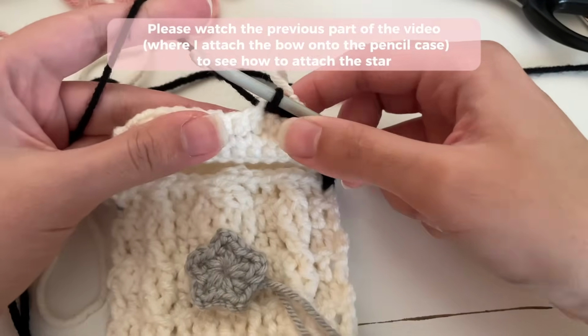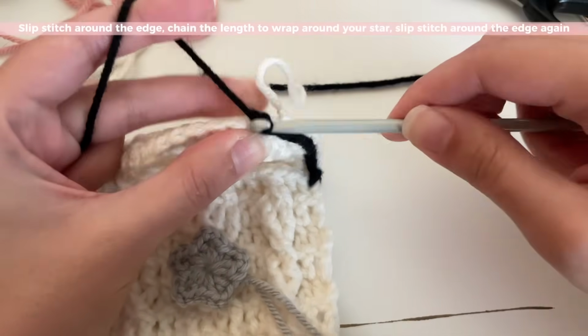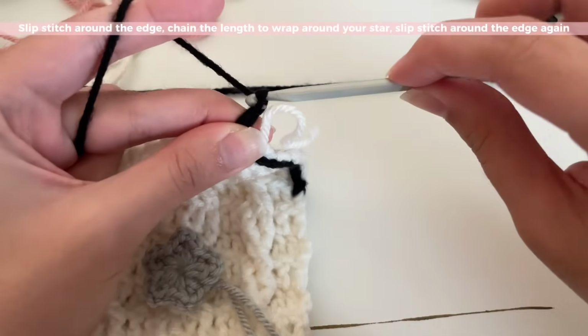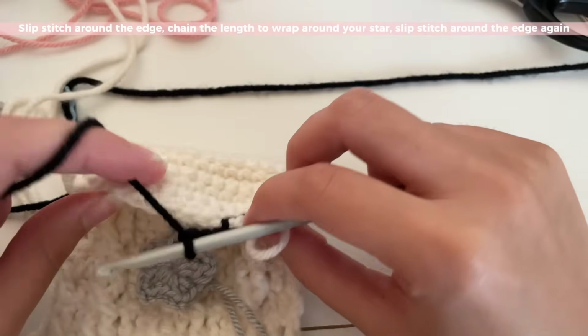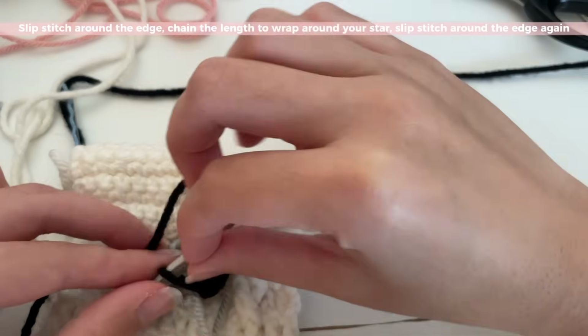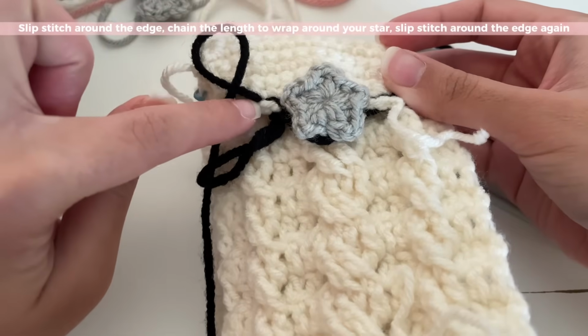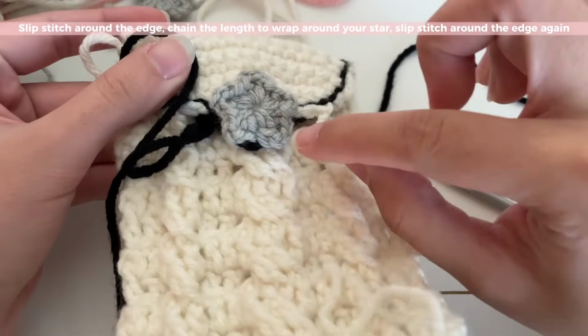I finished my slip stitches till here. I'm leaving a bit of space for the star, and now I'm going to chain the length that can go around the star. And then you can test this out. So you can move this under the star and then see if it can come back over here. And this is your chain, and then you just slip stitch back onto that stitch,